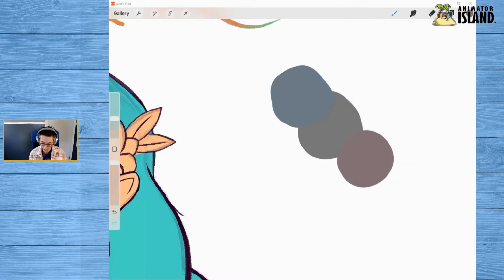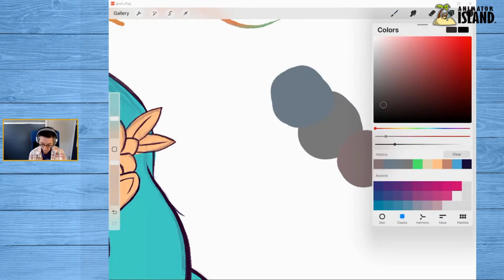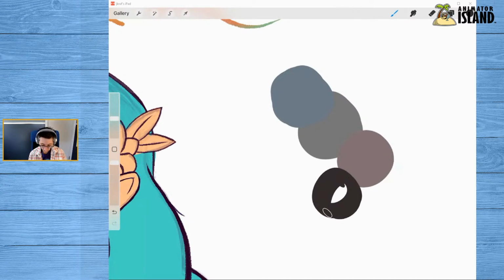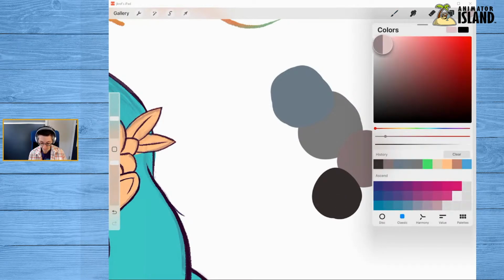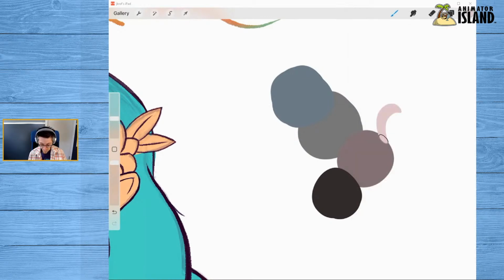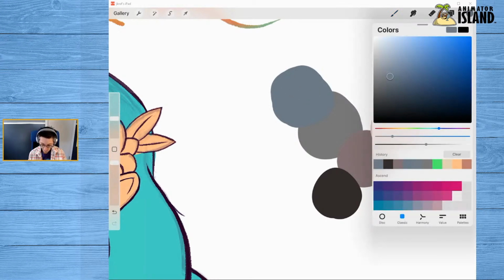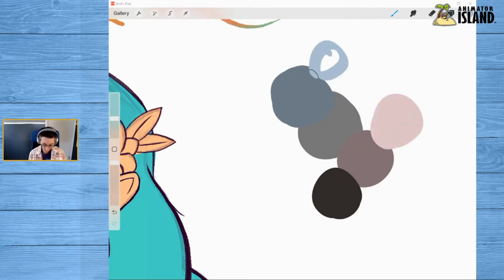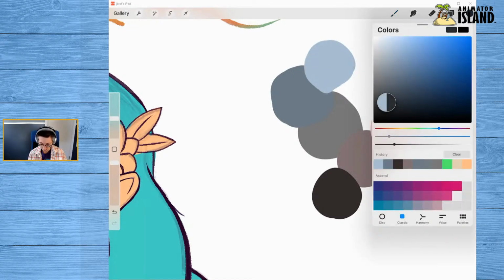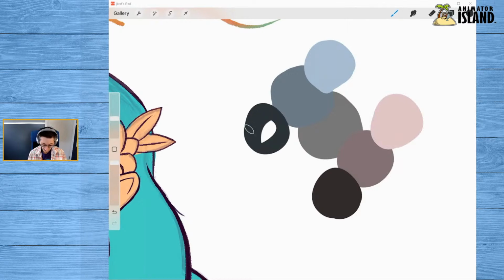And the same holds true if we go up and down on the color picker. If we go down here, we get a very dark color, but it's more of a reddish tone still. And if we go up here, this is where it gets most dramatic because now we see less gray and it's much more pink, right? And if we go to this blue and come up here, we get a grayish blue, but it's definitely blue. If we go towards the bottom, we get a very deep color, but it's still a different color than this one down here.